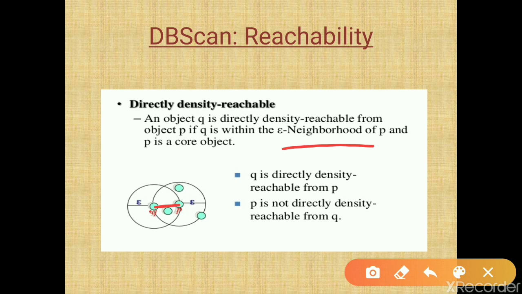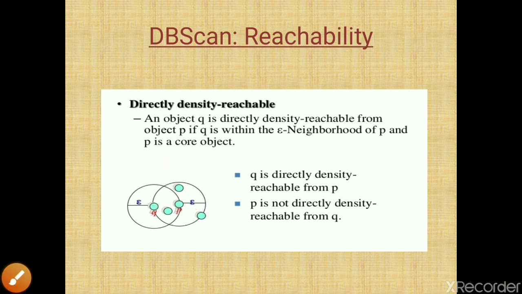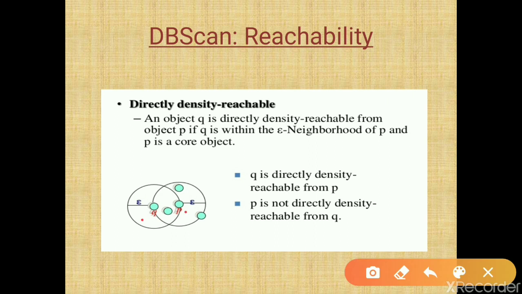What is the next condition? P is a core object. Yes, P is considered a core object. So Q is directly density reachable from P. Now, is P directly density reachable from Q? We will check that. What is the first condition? P should be in the epsilon neighborhood of Q. Yes, it is in the epsilon radius.